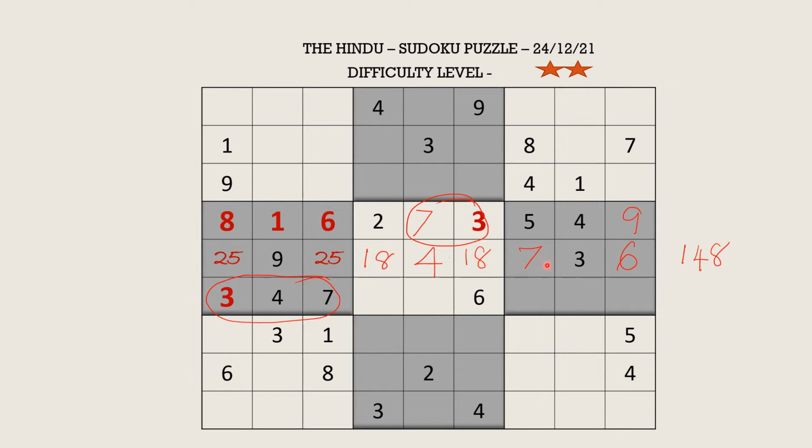So moving down here, this block is filled with six numbers and the missing numbers here are 1, 2 and 8. So fine, you have 8 blocking here. So this will be 1, 2. There is a 1 blocking here. So this will be 2, 8. And this will be 1, 2, 8. So that shows these three cells are a triplet. These three cells take numbers 1, 2 and 8.